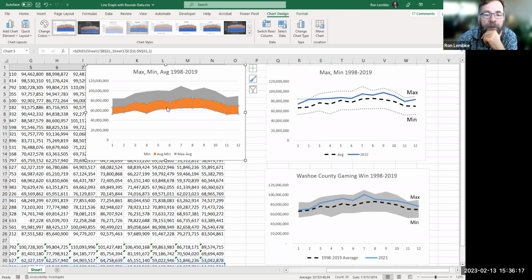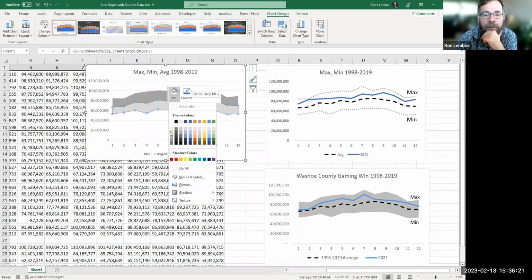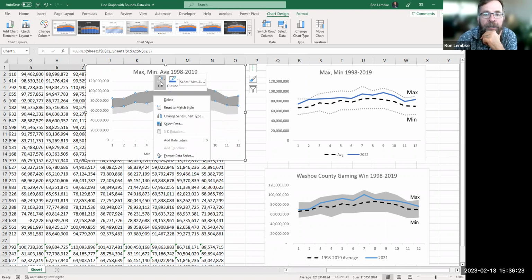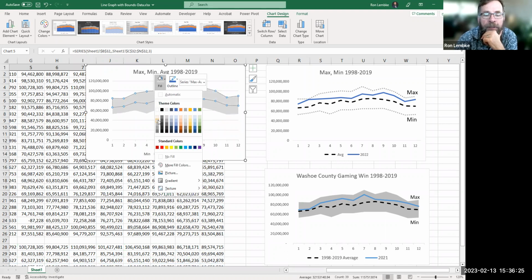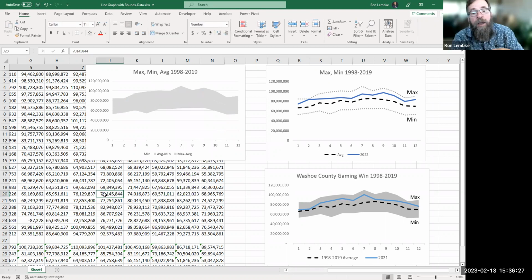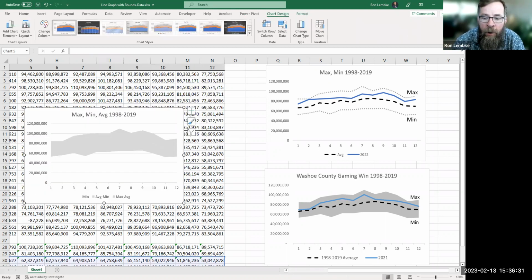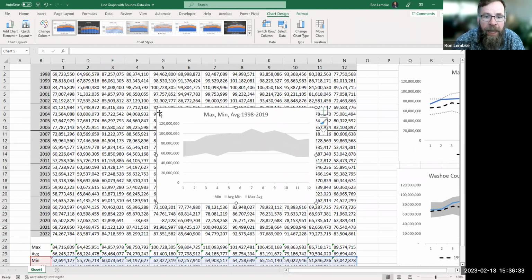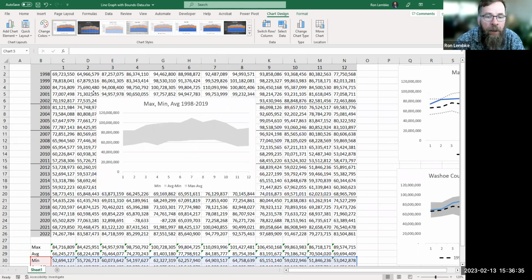Then we're going to go to this orange, and we're going to change the fill color to, let's go with this light gray. And then I'm going to change this fill color to hopefully be the same light gray. Okay, so we've got the bands of the high and the low. And now what I want to do is add the